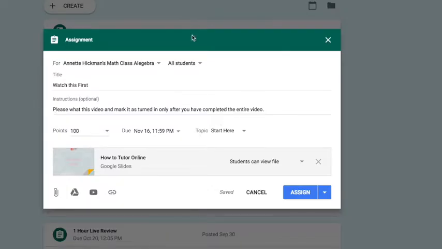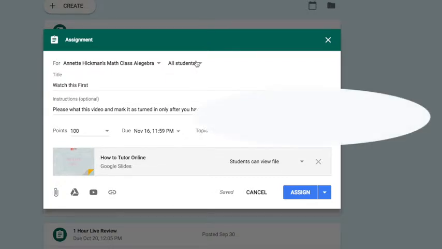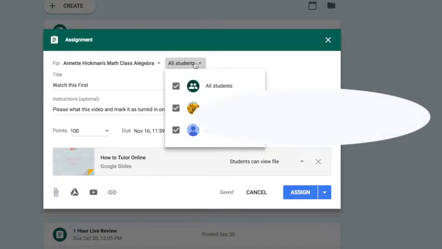Sometimes you want to pick which students you assign homework to, or an assignment, or anything that you happen to be working with the other person on. So let's go ahead and click this button and select which people we want to have the assignment. So if I want to be selective and say I only want this person to have the assignment,